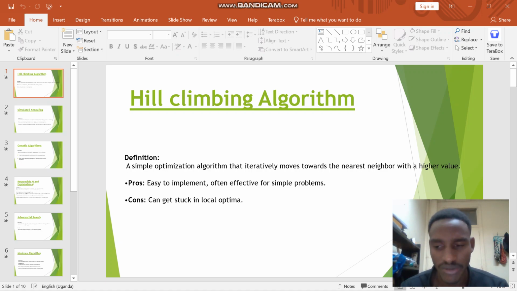This is a form of local search, and basically it compares the values next to a value, and whichever one is higher, it will go up, just like in hill climbing. It never goes down. As you have seen, there's a problem of getting stuck in a local optima, so